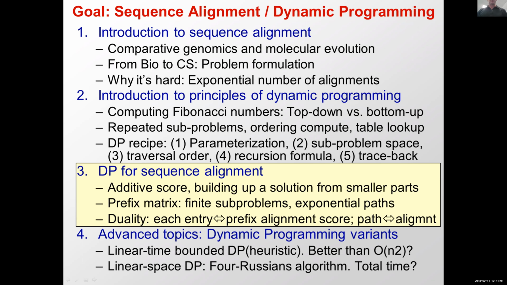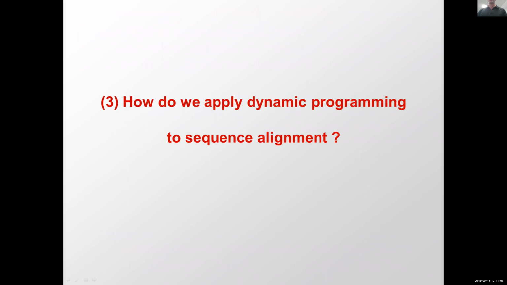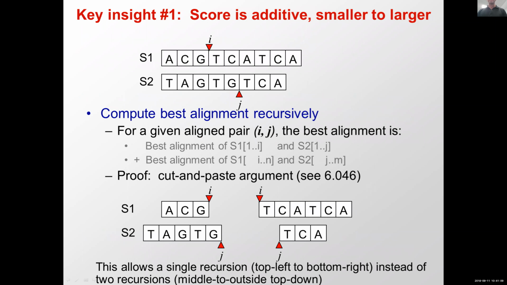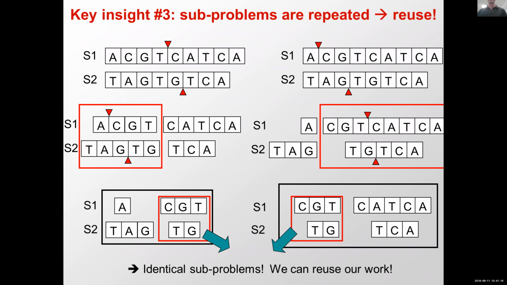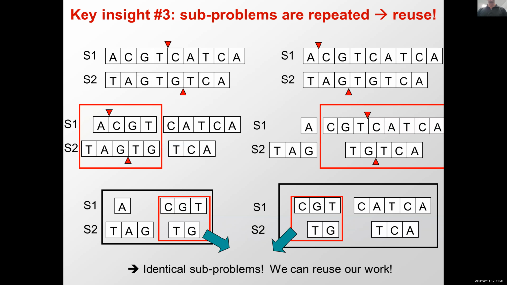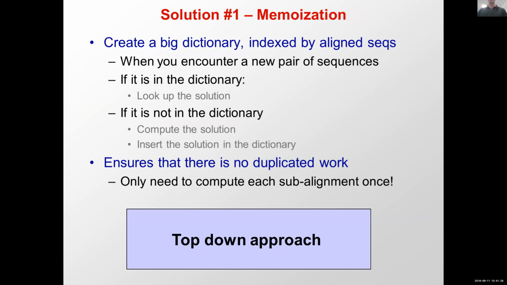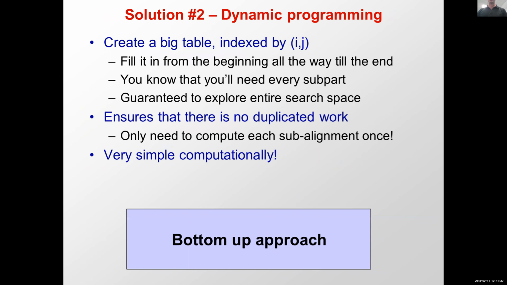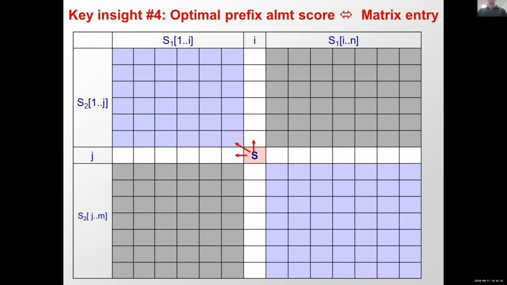We were interrupted in the third part of dynamic programming for sequence alignment, specifically going through the key insights. Number one, that the score is additive, so we can solve smaller problems than larger problems. Number two, that the score can be computed recursively. Number three, that the subproblems are repeated, and therefore we can reuse the computation when we're going to need it. And number four, that we're using this bottom-up approach that allows us to now have the optimal alignment score stored